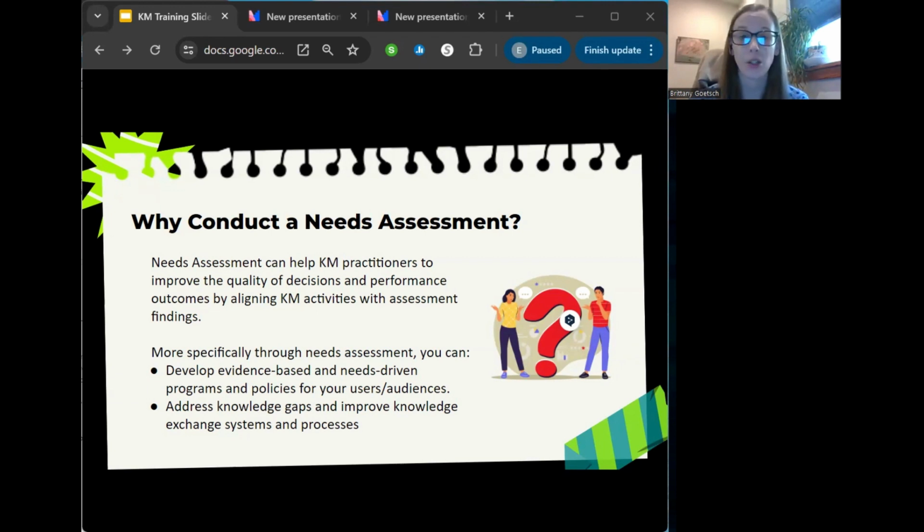What experience do people feel like they may desire or would benefit them to be able to address a problem? And again, it identifies knowledge flows and knowledge gaps. Perhaps knowledge isn't getting to the right place, or perhaps knowledge is getting stopped somewhere, and that's something that could